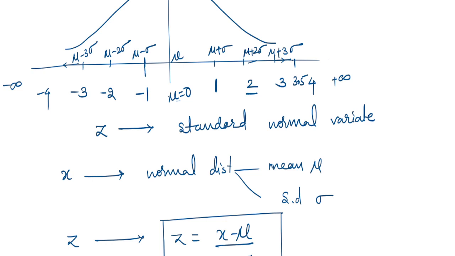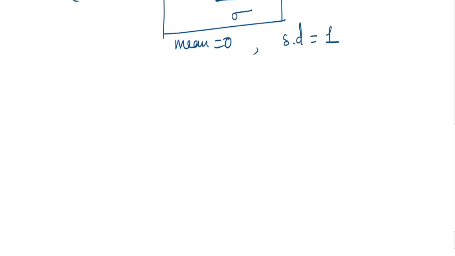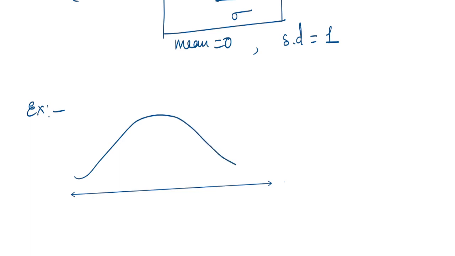That is, if we are taking minus 1 to 1, this is the first standard deviation, minus 2 to 2 is 2 standard deviations from the mean, minus 3 to 3 is 3 standard deviations from the mean. So z score tells the number of standard deviations from the mean. So let us take one example here. If we have the normal curve in this form and the line of symmetry, which is mu.